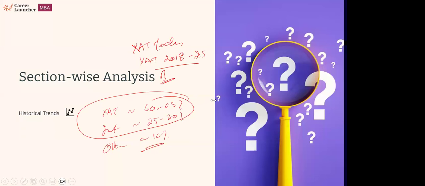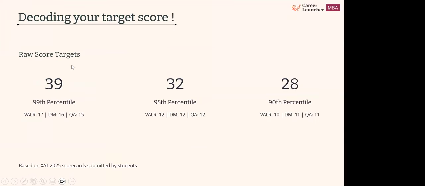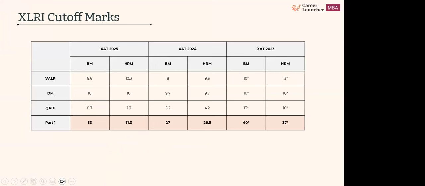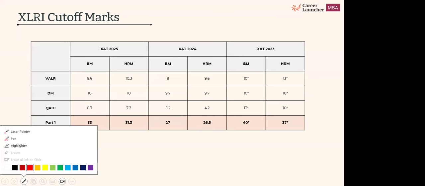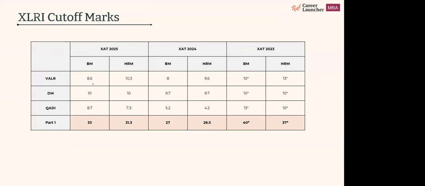Okay. 12 scores, how much do they matter? We have already covered that. Sectional cutoffs. Okay, let me give you sectional cutoffs. These are XAT cutoff marks for sections for the last 3 years. Last 3 years, this is the situation. And again, as I said, if you are getting a double-digit score in the section, you're by and large safe.